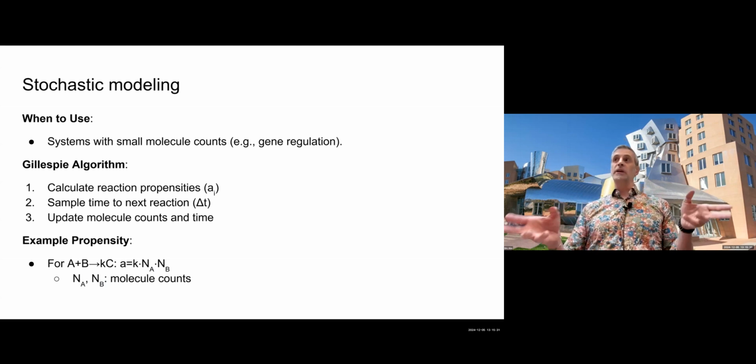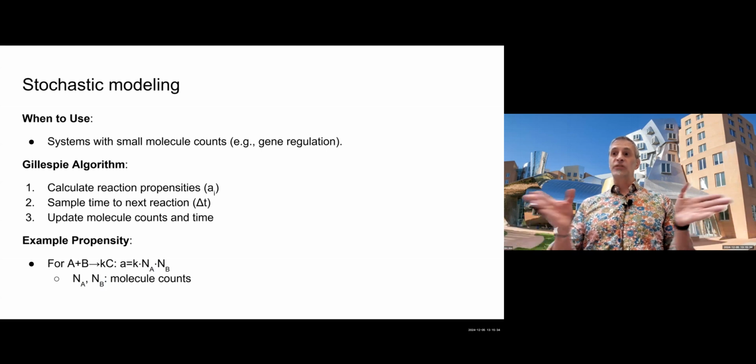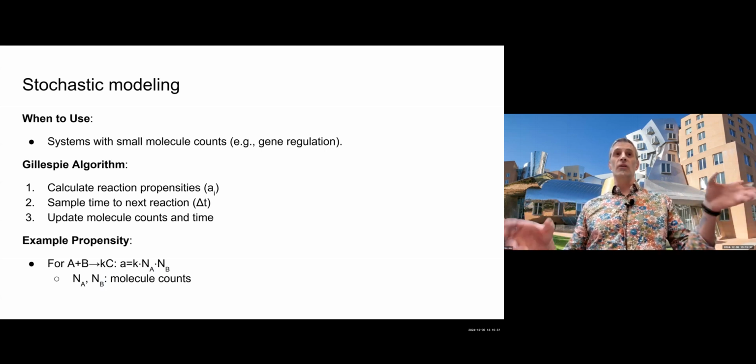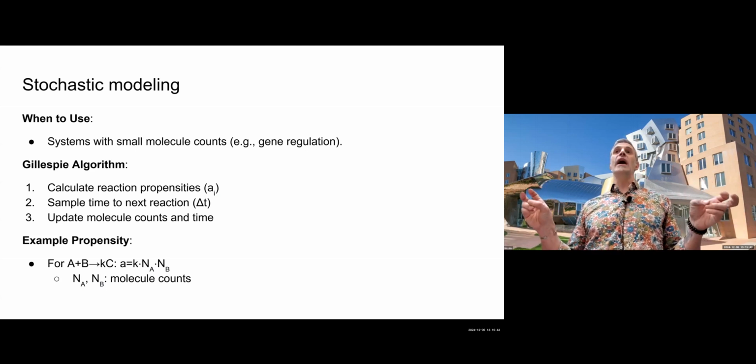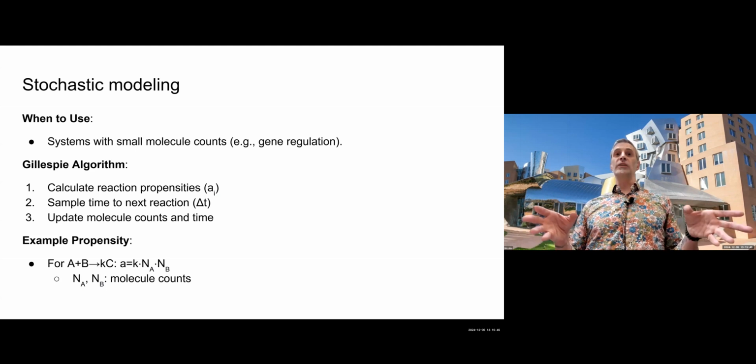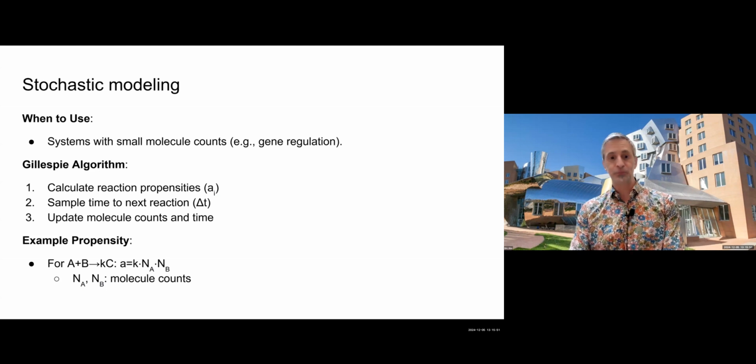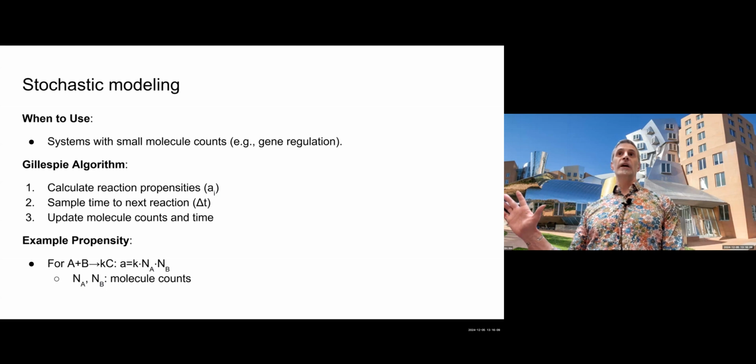then each of those rates becomes a reaction propensity. And so we can add up all of those propensities. So if we only had these 2 reactions, it would be like 10 plus 5. So there is some reaction in the cell happening at a rate of 15 per second. We just don't know which one it is, right? That's the basic idea. So in the first step, we're going to calculate the reaction propensities. We're going to add them together, and we're going to find the overall rate of reaction. And then once we know the rate at which something is happening, in this case, there's 15 somethings happening per second,